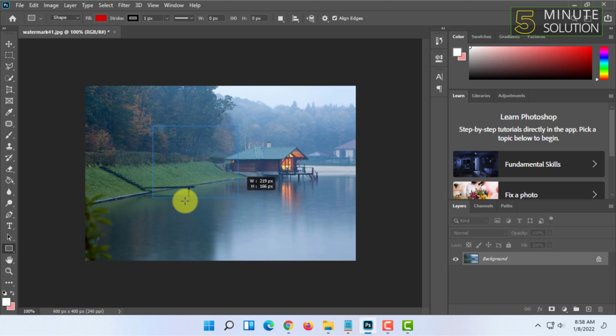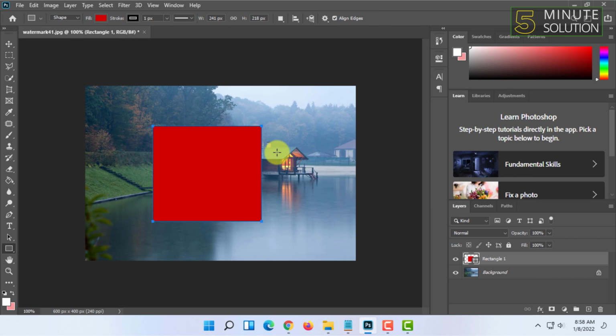So let me drag it. When you have selected a shape tool, you have to drag and customize it in a measurement. As you can see, when I'm moving it, it is showing me the width and the height in pixels. Once you have selected the size you want the shape to be, you just release your mouse. As you can see, the shape has been